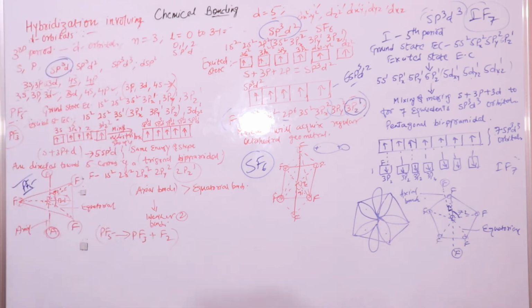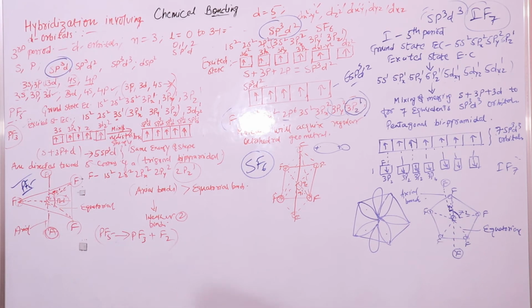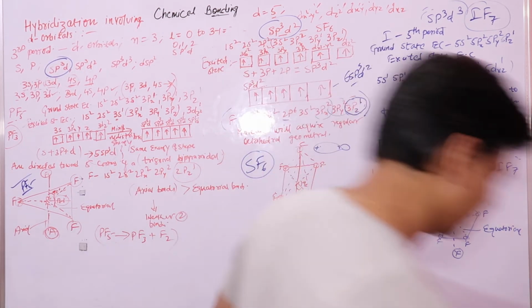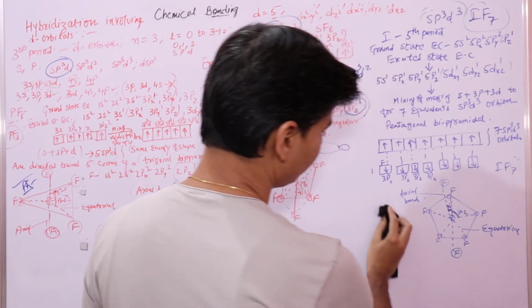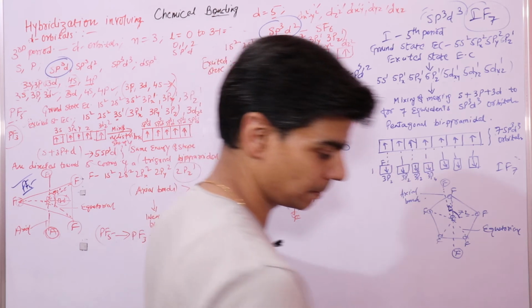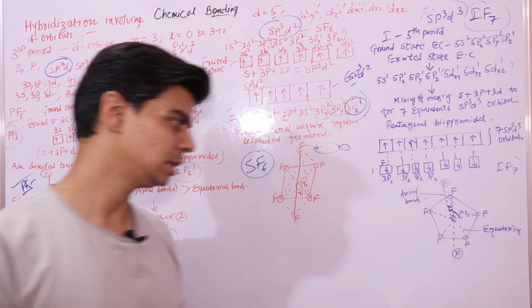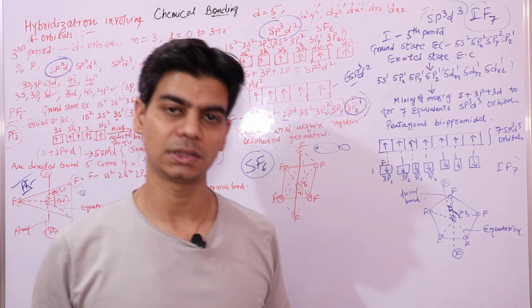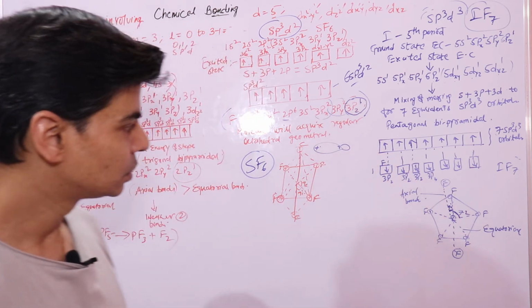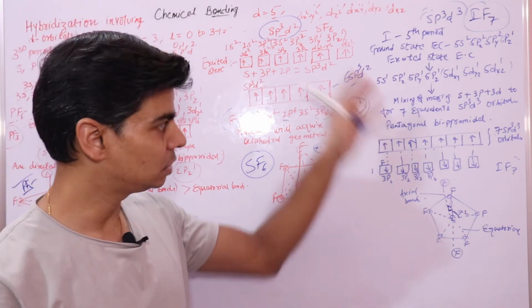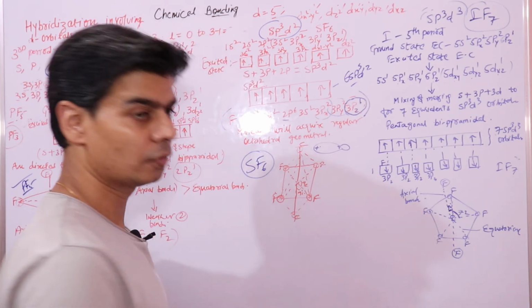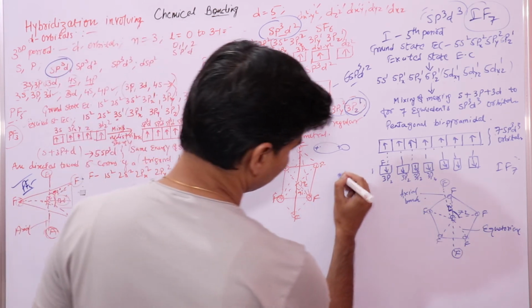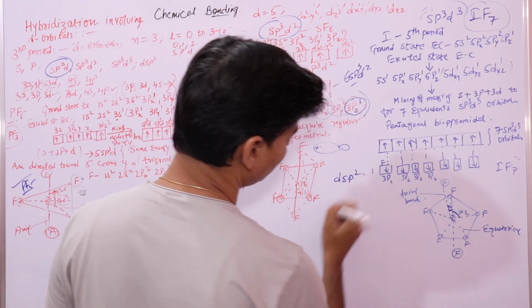There is another type of hybridization that we will be doing, let me just rub this off. We have dsp2 hybridization, right. We would be doing these hybridizations in detail in coordination chemistry also, right. For dsp2 hybridization and all these hybridizations, we would be taking more examples there, so just follow when I will be teaching coordination chemistry. For hybridization, we have dsp2 hybridization.